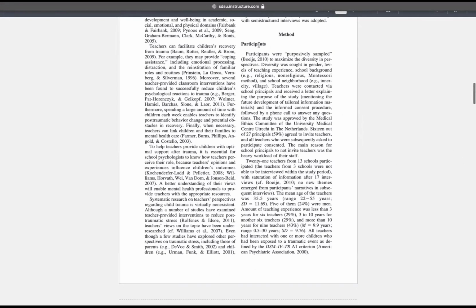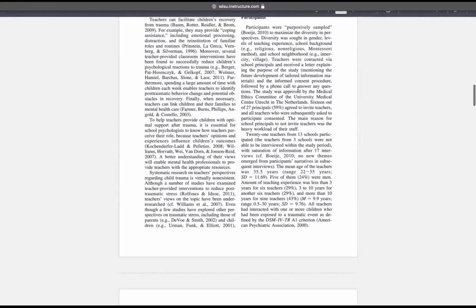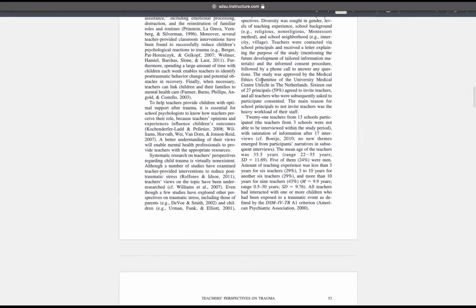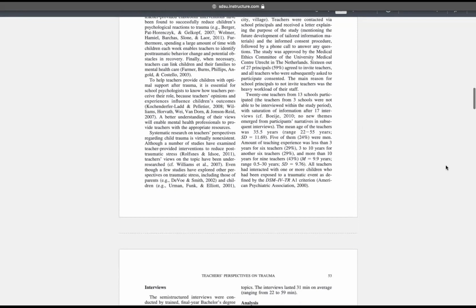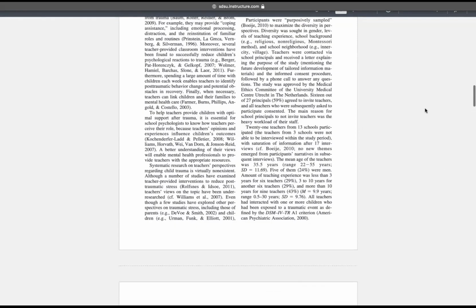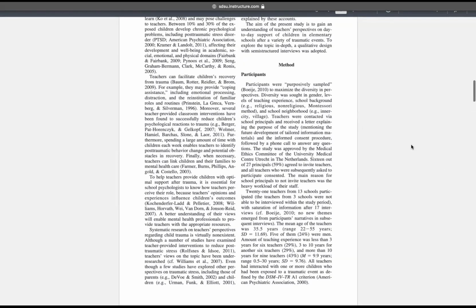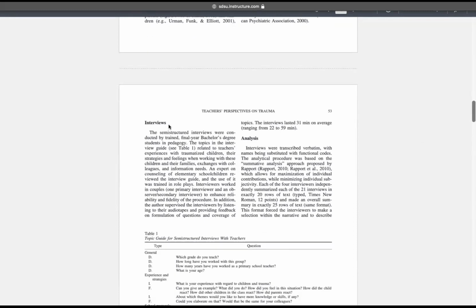So in this case, they were talking about the participants, the people that they were interviewing or working with in their qualitative study. Once you read this on your own, you'll see a wide range of steps. They're giving a breakdown and background of the participants. They're also talking about what their data collection tool was, so interviews. If you were doing observations, for instance, you would have observations instead. And then they also explain how they analyzed it.